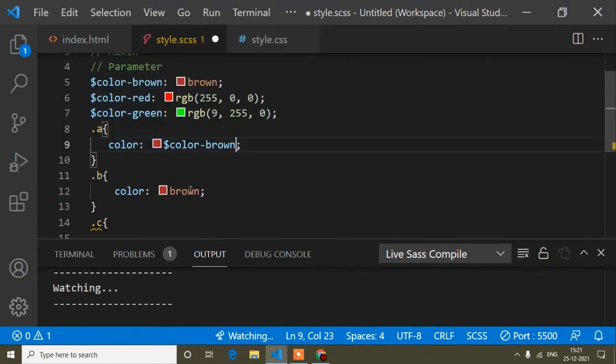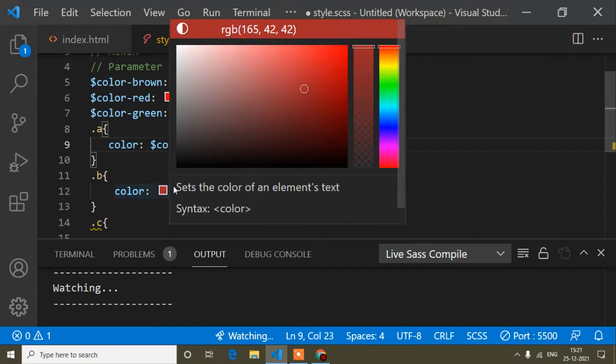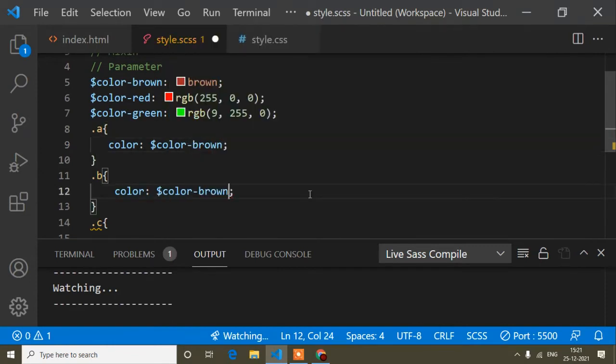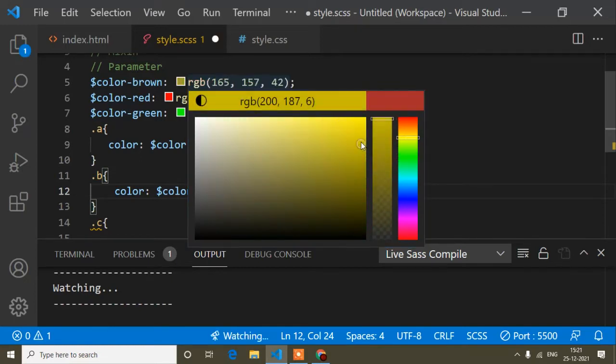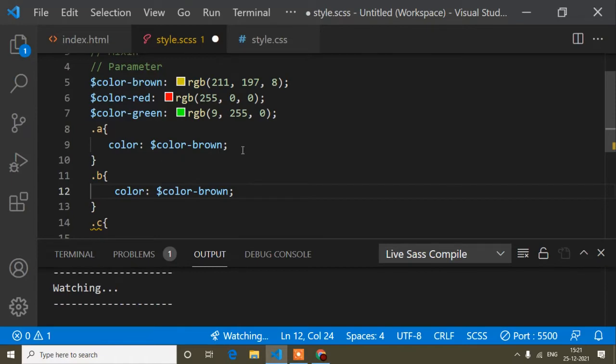It's very easy. Just here, instead of brown, I will change to yellow, and you can see it's changed the color here automatically. So it's a very simple thing, right?